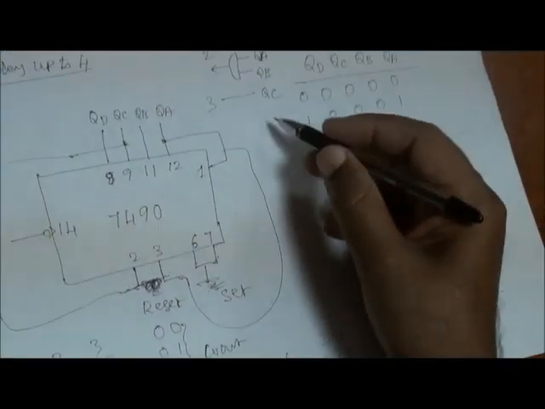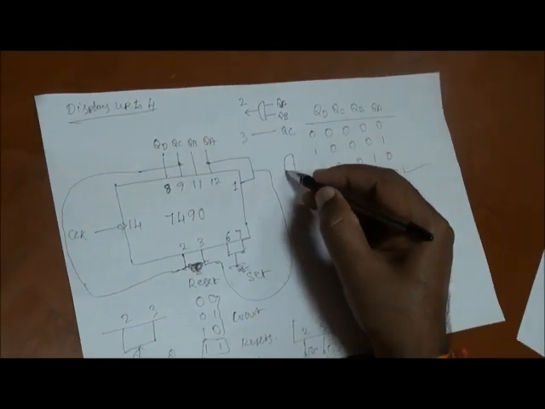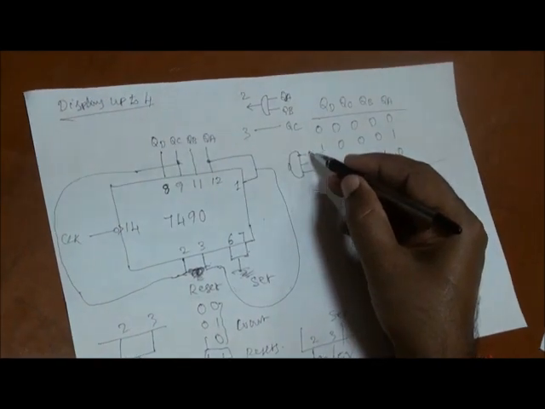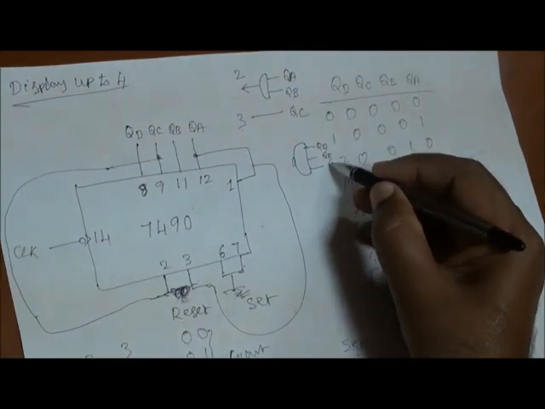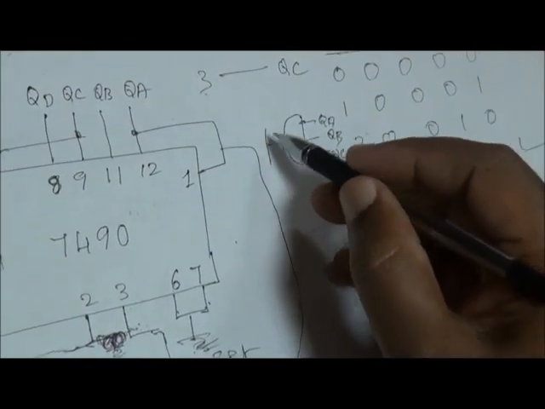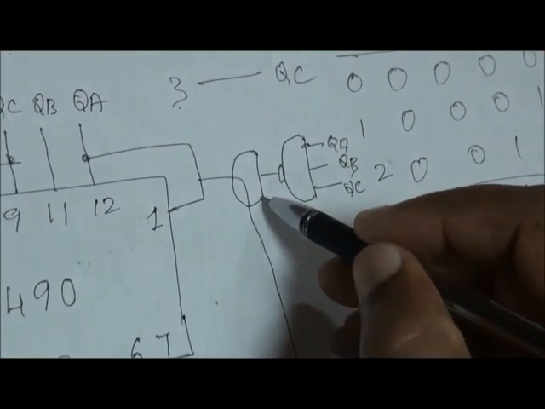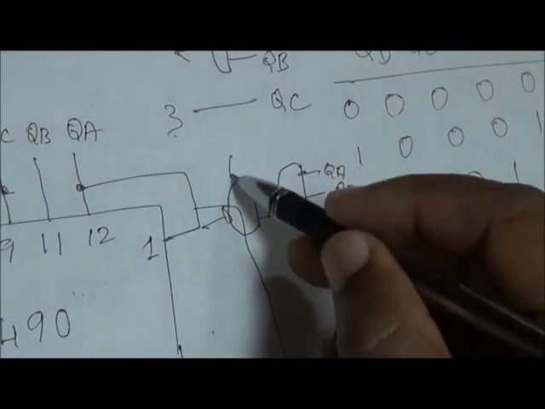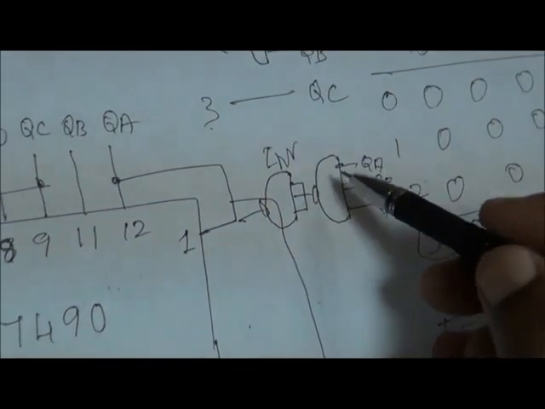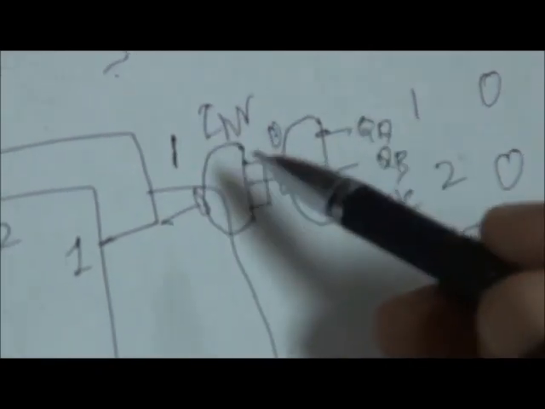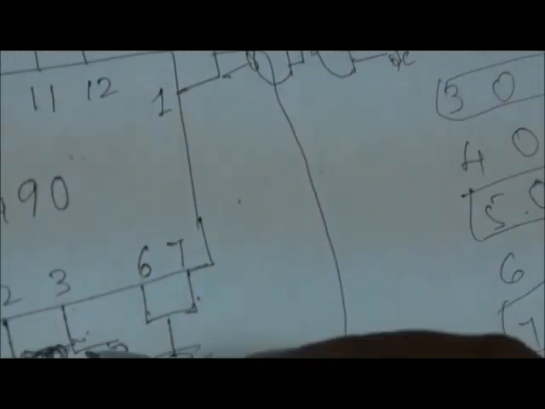The alternative is this: if you don't want to use an AND gate, there is a 3 input NAND gate. So give QA, QB, QC as input. Then we don't want NAND, we want inversion. So again you have to use one more gate on that and use this as an inverter. Okay. So when all are 1, no, this will be 0. When this 0 is inverted, it becomes 1. Under that condition, you have to short these two. I prefer this. This is much easier.